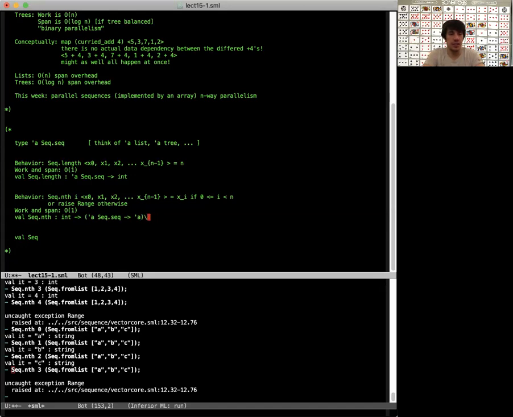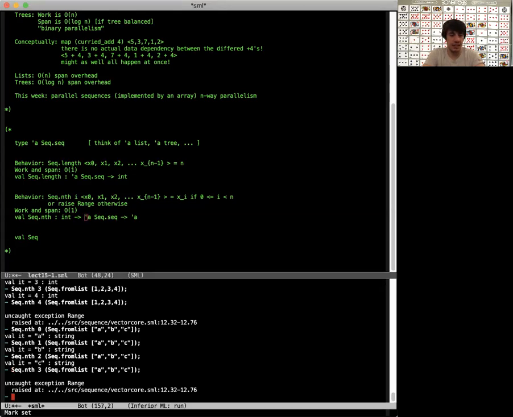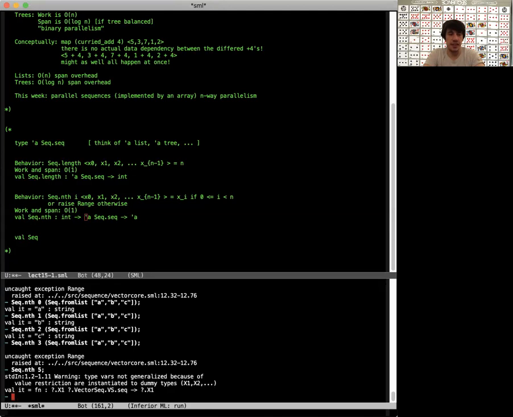So the parentheses go there if you leave them out. And the reason that it's done that way is that you can think of seq.nth of 5 as itself being a function from sequences to elements,